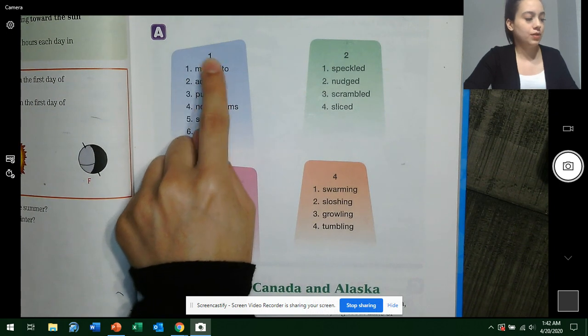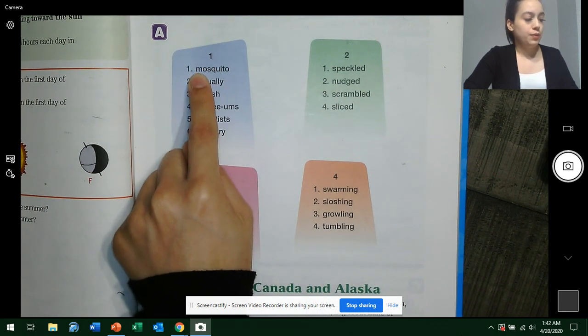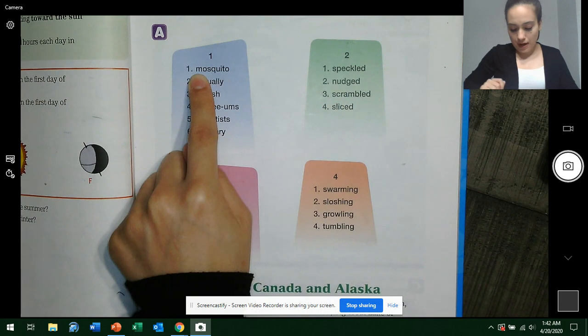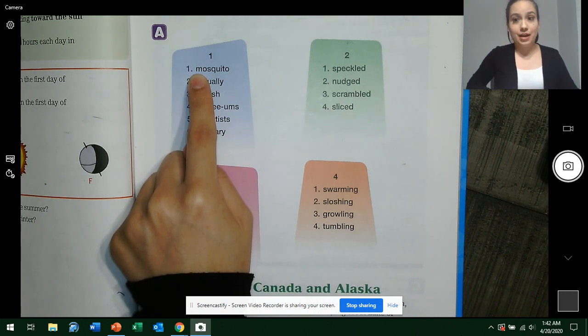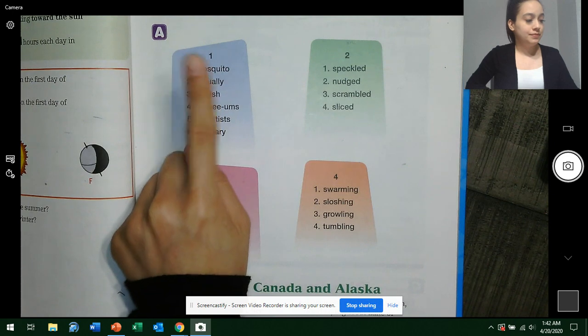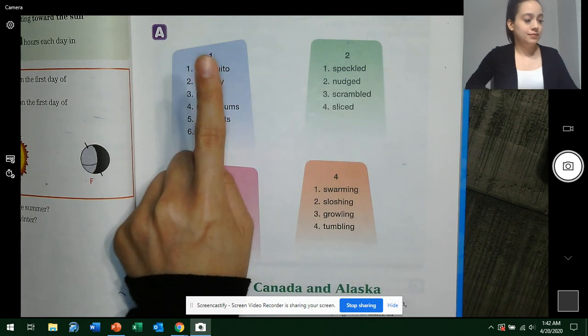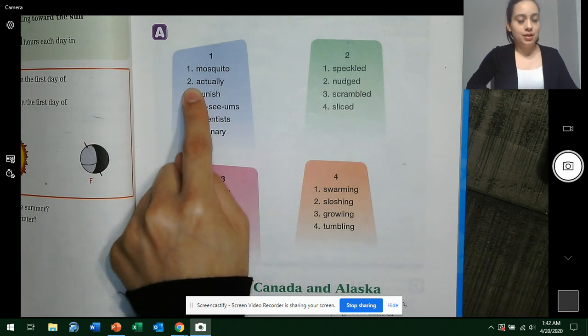Okay? So, column 1, word 1. Ready? Word 1 is mosquito. What word? Get ready. Yes, mosquito. Spell mosquito. Get ready. Awesome. Word 2 is actually. What word? Get ready. Yes, actually.